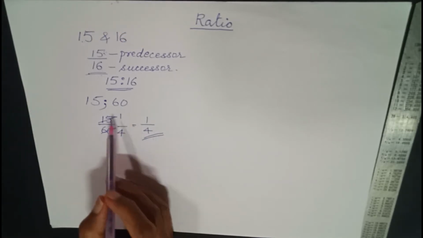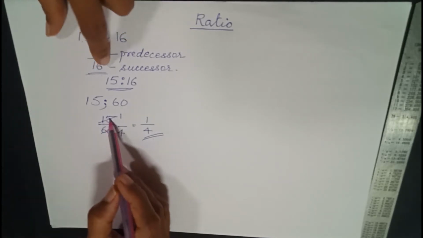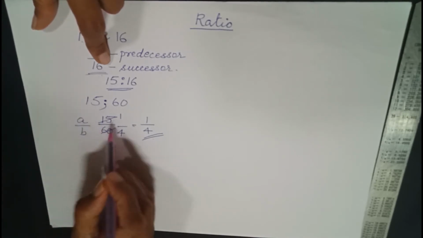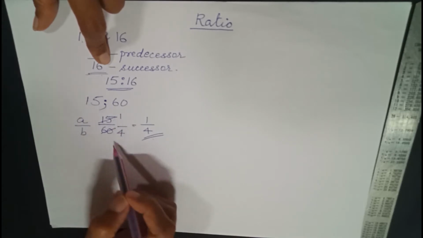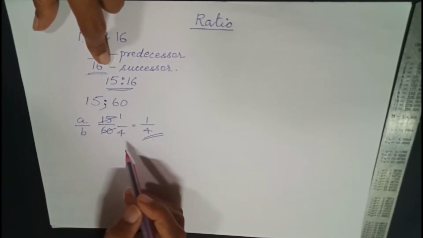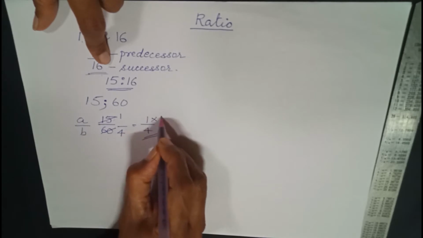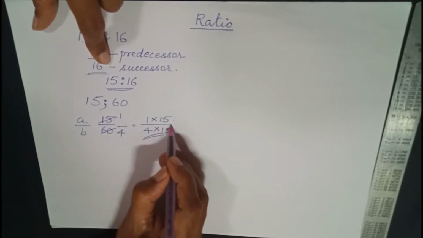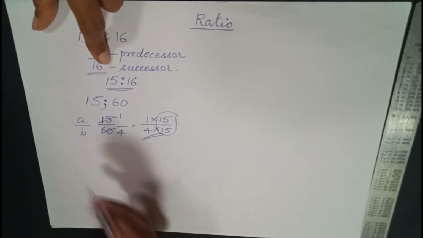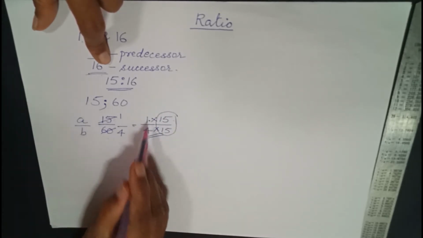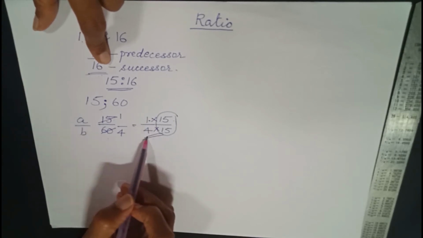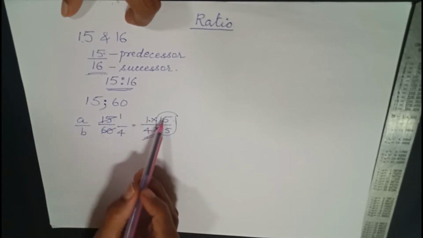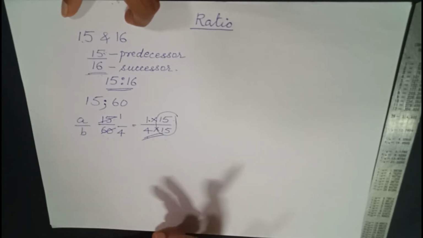What is a reduced form? It is when you write the numbers in the form numerator upon denominator, that is A upon B form, and cancel any common multiple. So what was the common multiple here? The common multiple was 15. You can see this comes in the table of 15: 1 into 15 is 15, 4 into 15 is 60. So 15 was the common multiple which I removed, which I cancelled, and the numbers that remain, 1 upon 4, become the reduced form of the ratio.